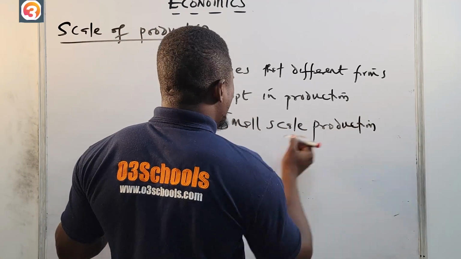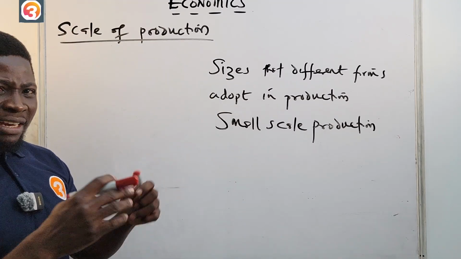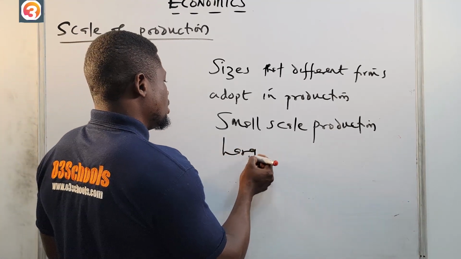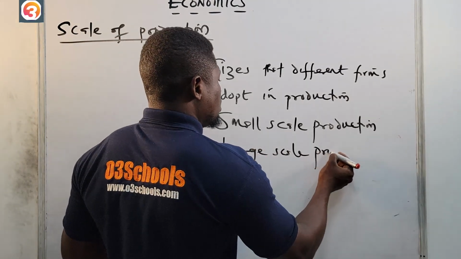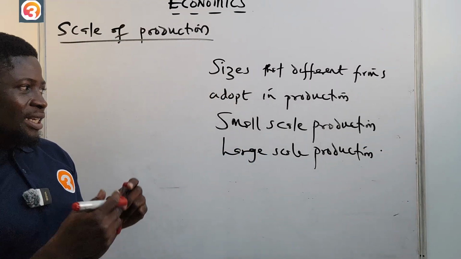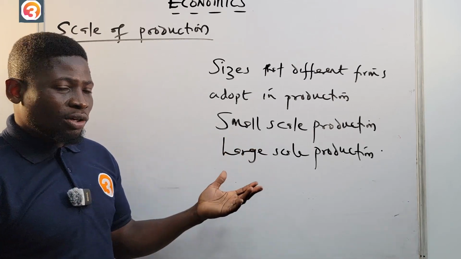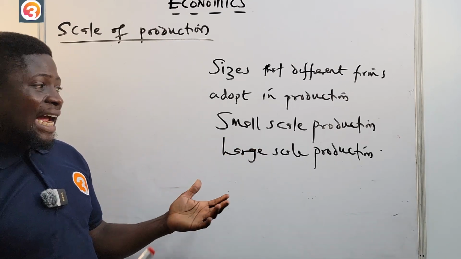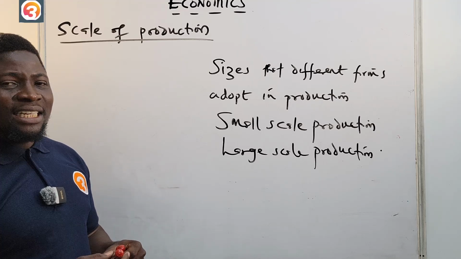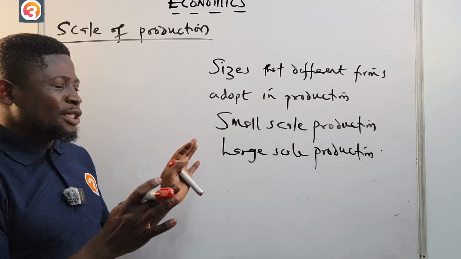While some firms adopt very huge, very elaborate sizes, we call that large scale production. So if they adopt a small size, that will be small scale production. If they adopt a large size, that will be large scale production. And the size of the output that these firms produce